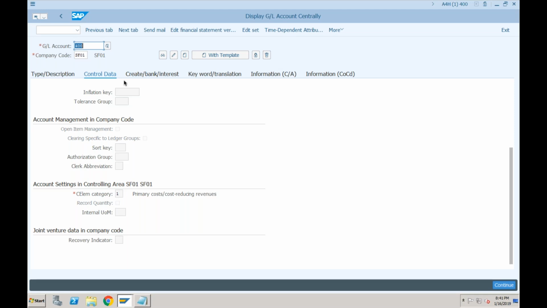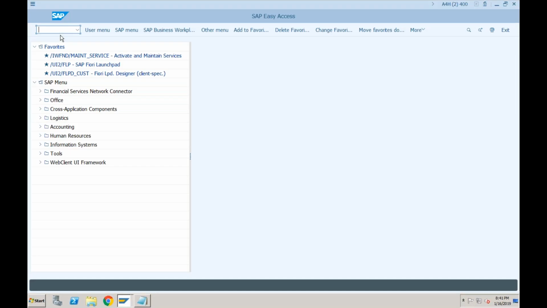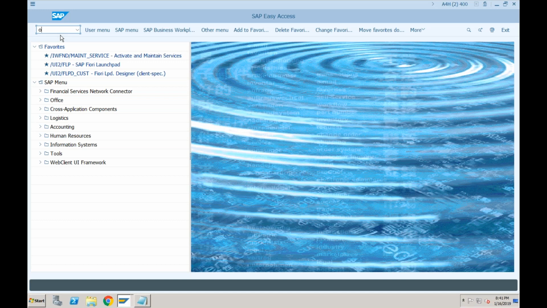Can you tell me which is the other place in SAP where we can maintain the default account assignments? Very common. Based on a particular GL, if I want to default the cost center, which is that screen in SAP ECC? BY6, no? OKB9. Yes, OKB9. So OKB9 is a default account assignment screen, which is still available.